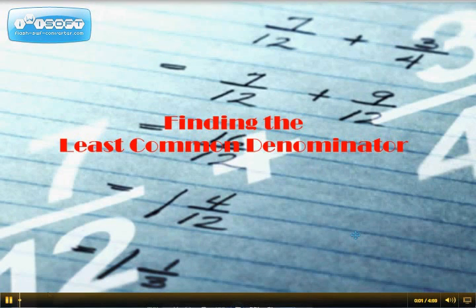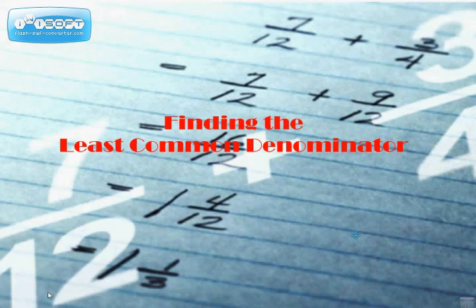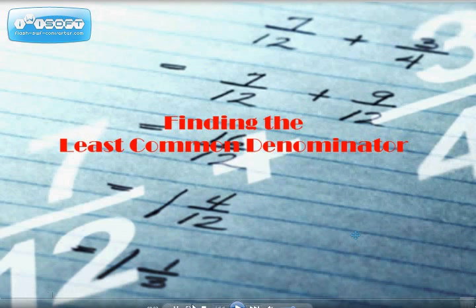When adding and subtracting fractions, the denominators must be the same. If they are not the same, then we need to write equivalent fractions that have the same denominators. This new denominator is called the least common denominator, or the LCD. When we are looking for the LCD, we're really looking for the least common multiple of the denominators of the